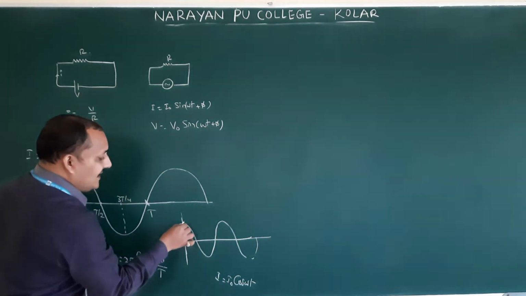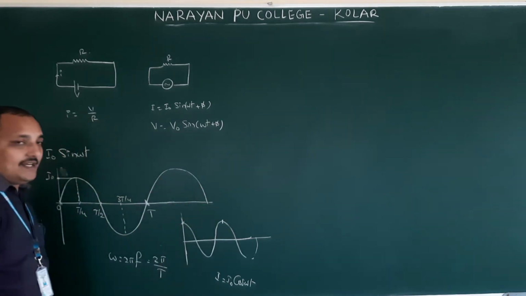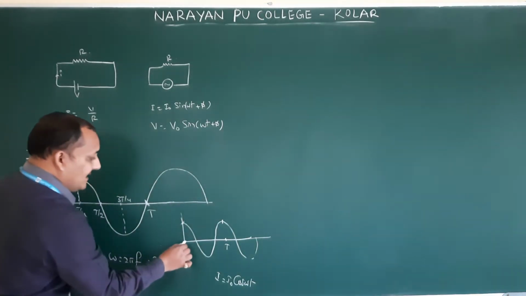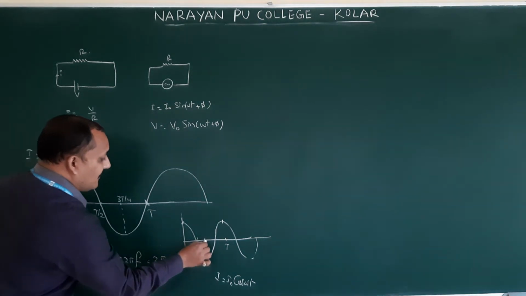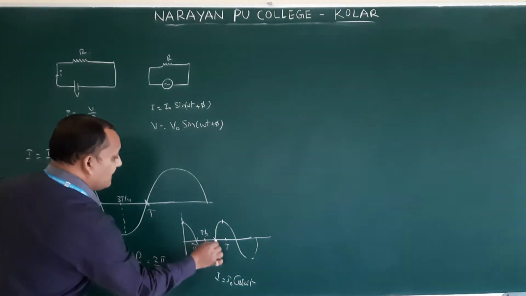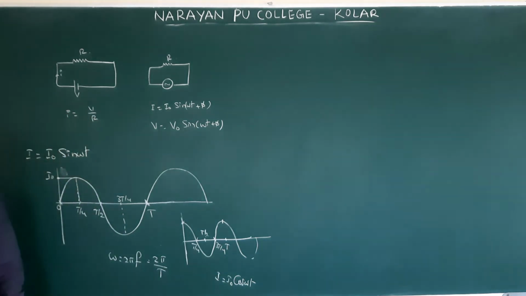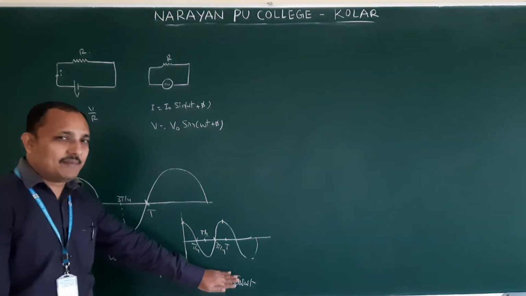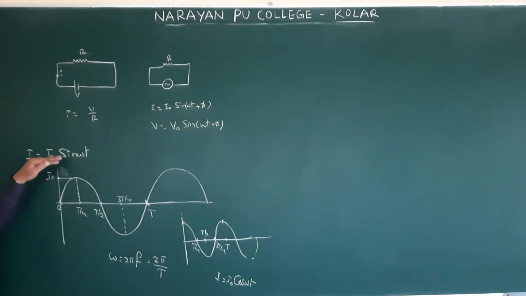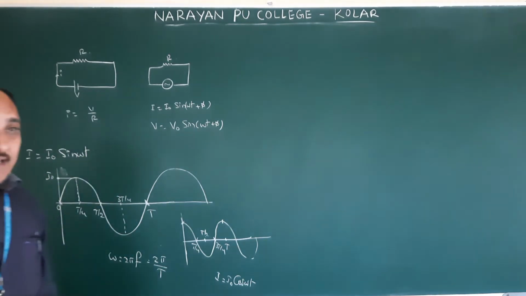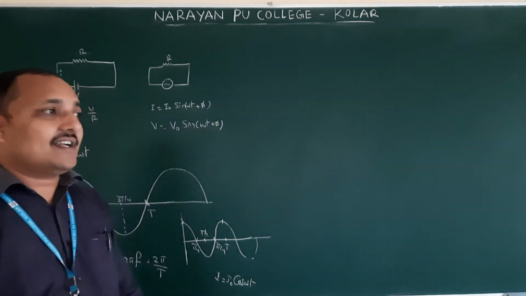Like this. If you start here, up to here it takes the time period capital T. This is T by 4, this is T by 2, this is 3T by 4. So they gave that cos wave also, just written. But 99% you will get only I is equal to I naught sin omega t. This curve you have to remember. This value you have to take as the I naught value. So that is about the sine wave of alternating current, and they give some more points about alternating current.